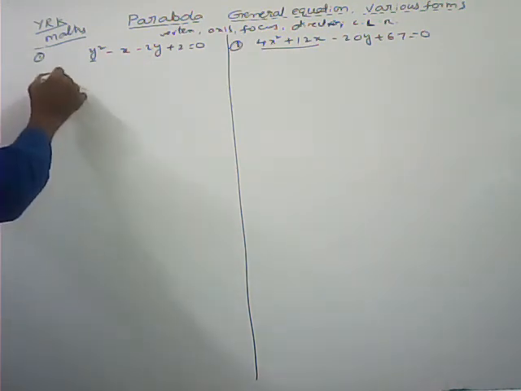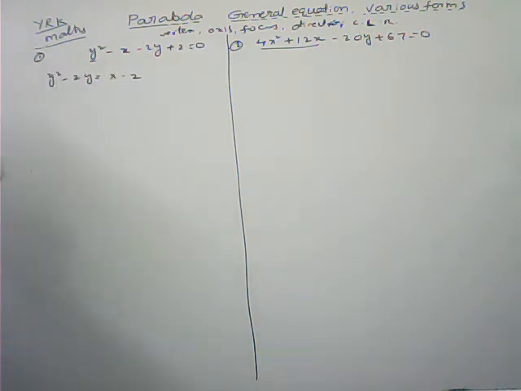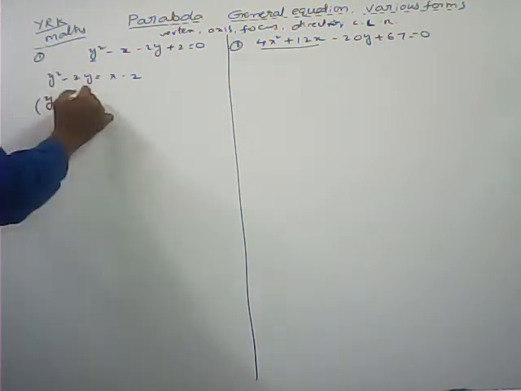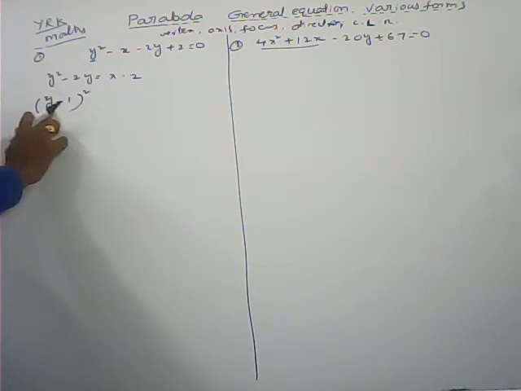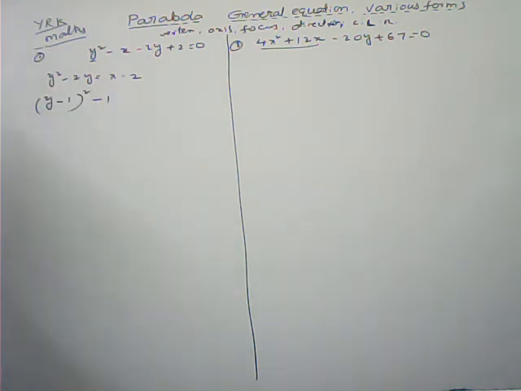So here y square minus 2y is equal to x minus 2. This one we can write, in the place of y square we can write y, and here minus is there, half of the y coefficient, that is 1, whole square. Make it a completing square. Here 2 terms are there, so by expanding this one we can get y square minus 2y plus 1. So minus the square of this one we can subtract. At the same time we have to balance that one.